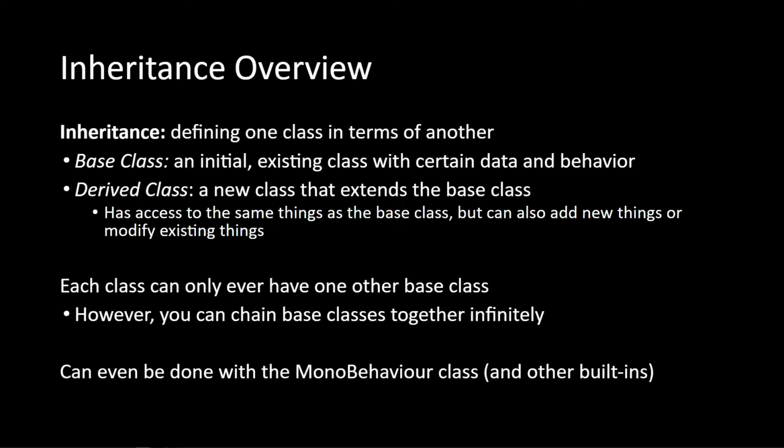So you can have parents and grandparents and great-grandparents and so on that are inherited from in order to get down to the children, so to speak, right? But you can only have one base class per class, right? Now, normally this is what we do even with MonoBehaviour classes, right? We are inheriting from MonoBehaviour. That is the base class that most, not all, but most of our Unity objects inherit from.